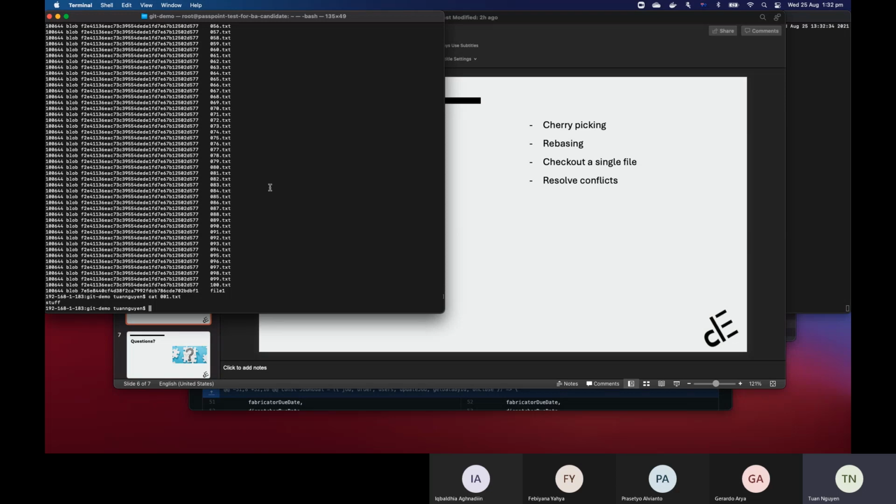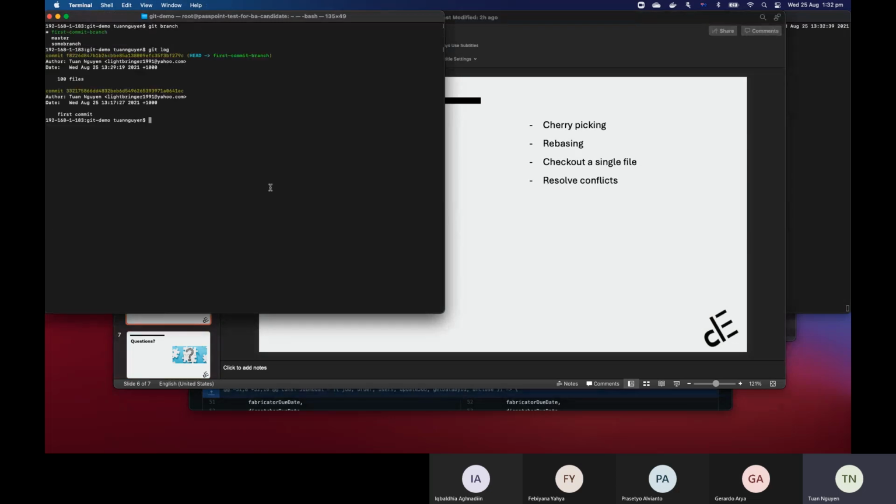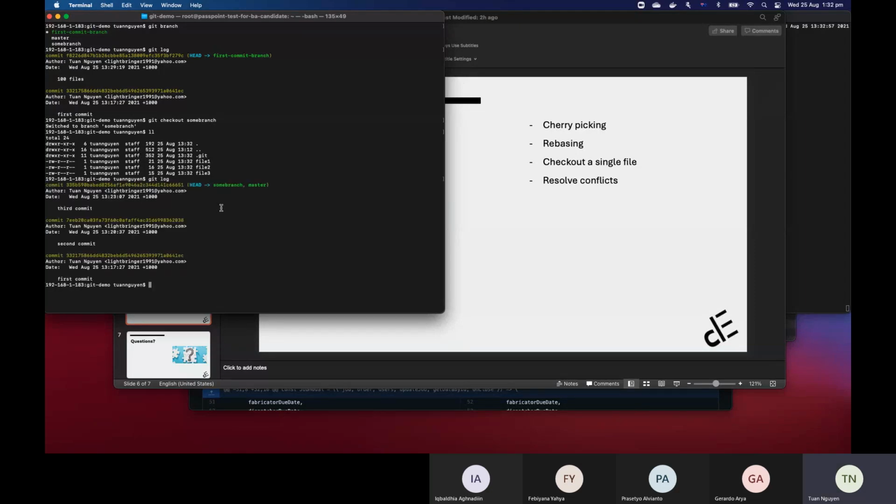So we have the first commit branch, which is fine. It has the 100 files commit right here. Now, if I go to some branch, it has 3 files and it has 3 commits. Now I do a git cherry pick